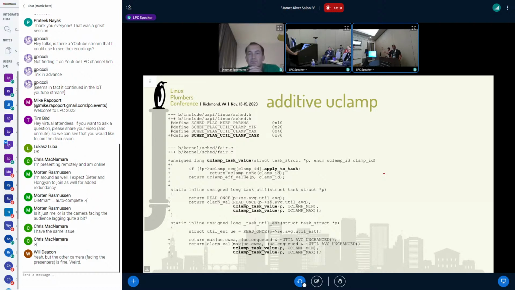This is not necessarily the correct patch. But the idea is to basically take the uclamp: if you set a flag to apply to the task util, then you set the uclamp for the util and util-less functions. You just clamp it to these values. That's pretty much the last slide.